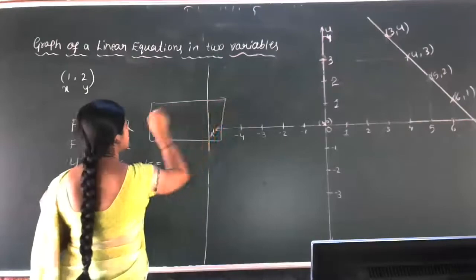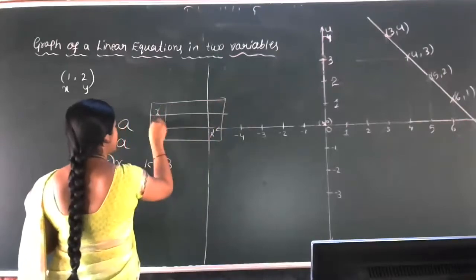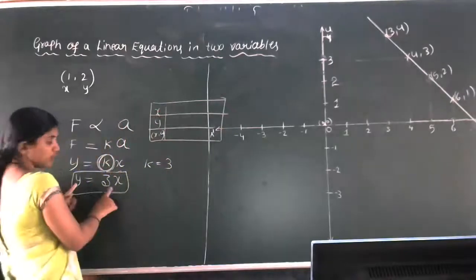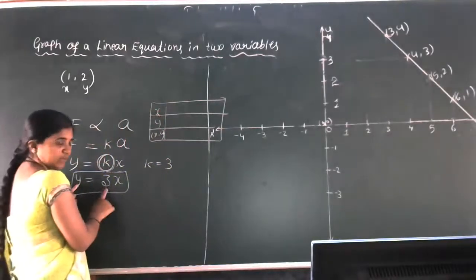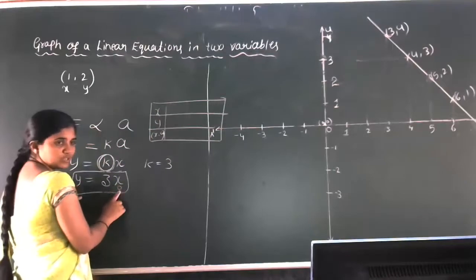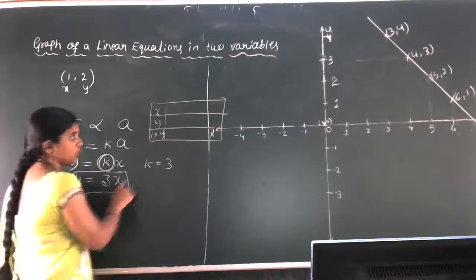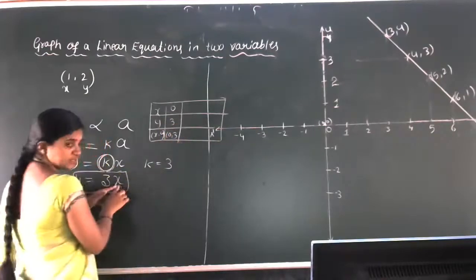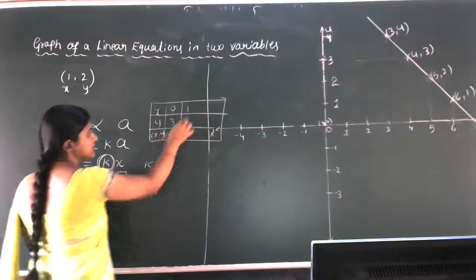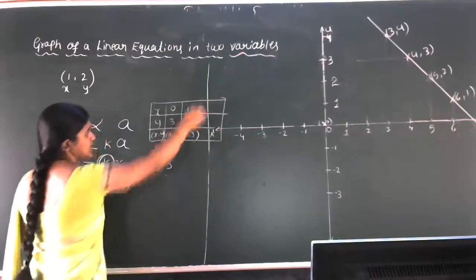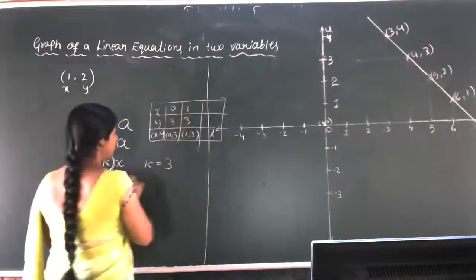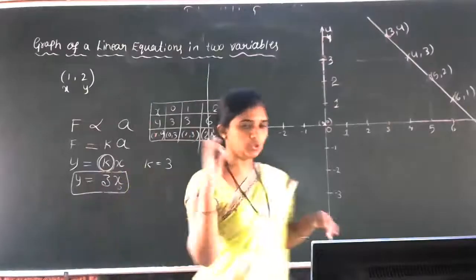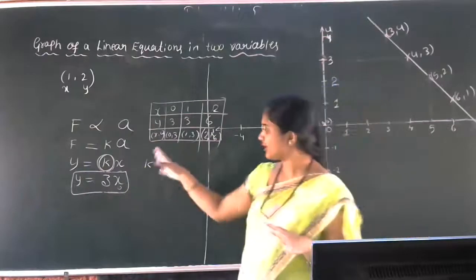Prepare one solution table for that. You can find many solutions because that equation is very simple. Already the equation is in y form, y is equal to 3x. If x is equal to 0, y is 3 into 0, which is 0. Okay, 0 comma 0. If we substitute x is equal to 1, then 3 ones are 3, so 1 comma 3 is a solution. If we substitute x is equal to 2, 3 twos are 6, so 2 comma 6. So you will get the solutions. You can prepare the solution table for the equation y is equal to 3x.